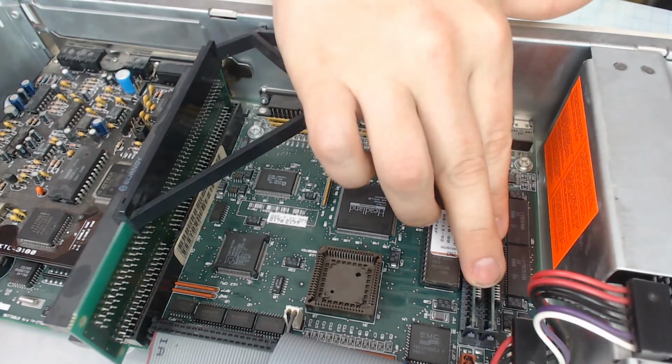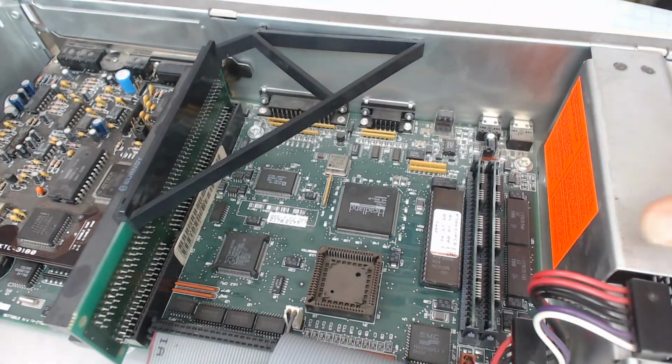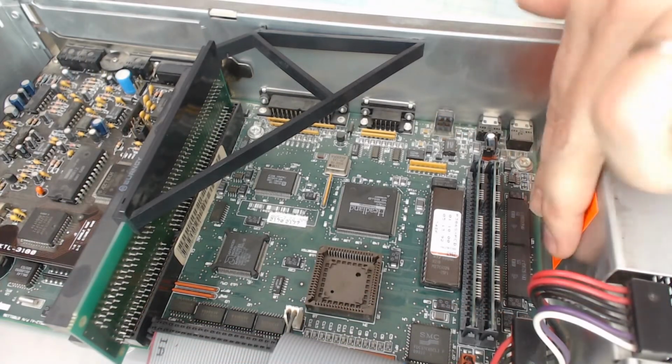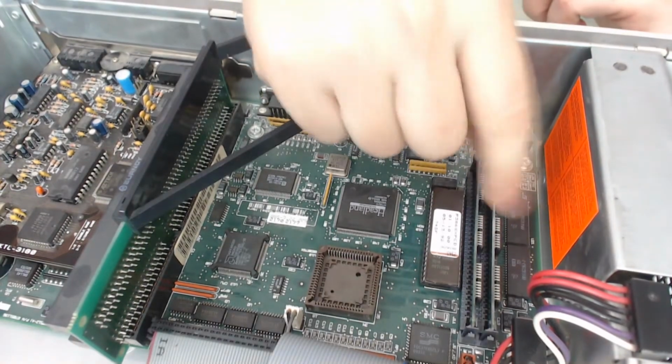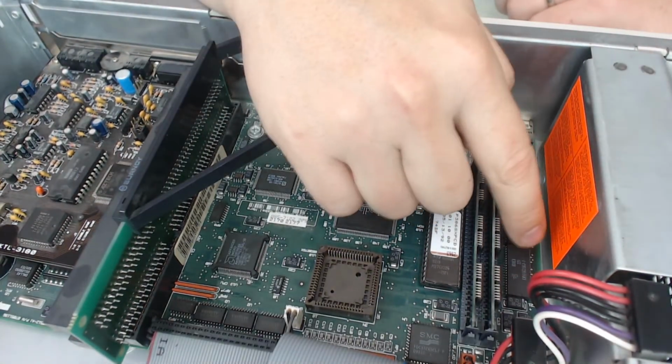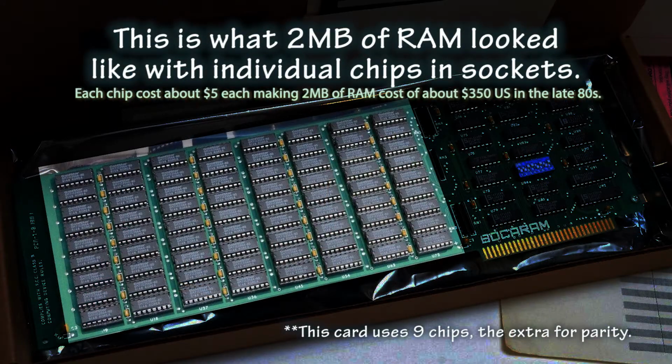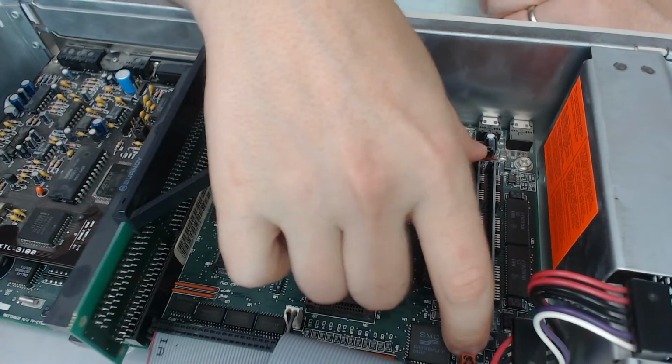Right next to that, we're going to skip over and go to the far side here. So these two particular chips here are the built-in memory that the machine would have shipped with, and that would have been 1 megabyte. So the RSX machine came with 1 megabyte of soldered on RAM. It's 70 nanosecond RAM. It's in 2 chips, which would have been equivalent to 4. Previous to this format, you would have had 8 chips, crazy as it may seem, and you would have to have an entire bank of 8 chips to fill up. As RAM advanced, they were able to condense those, and this one actually has only 2 chips soldered onto the motherboard. There are 2 SIM sockets right next to that,